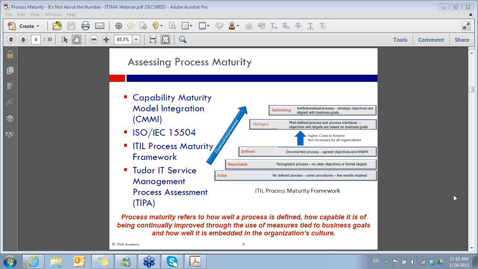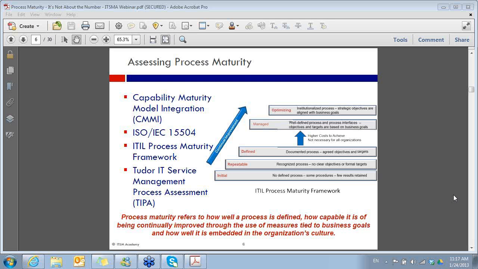Okay, so I didn't change the screen, first of all, while the polls were up. So if you were not seeing something, I talked about CMMI 15504, the ITIL Process Maturity Framework, and TIPA. And if you look at the bottom of your screen, I just want to speak to the notion of what